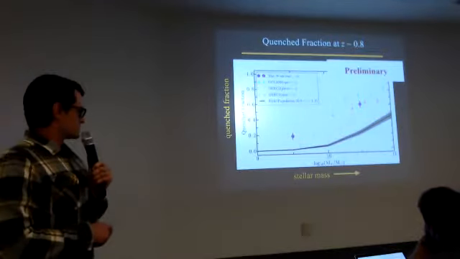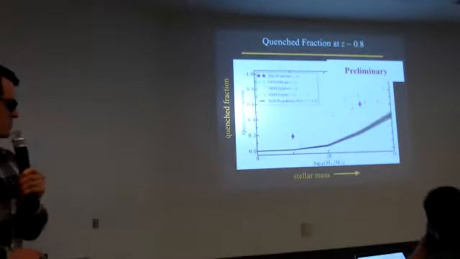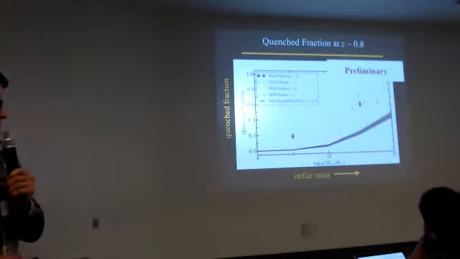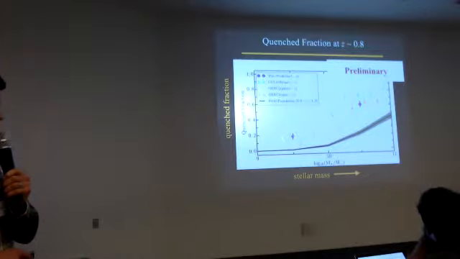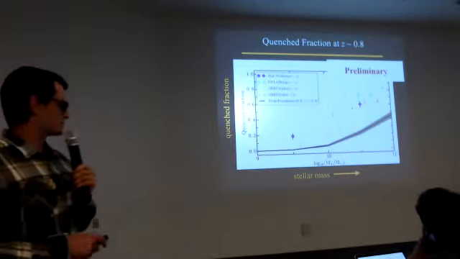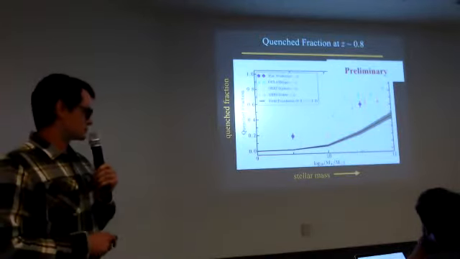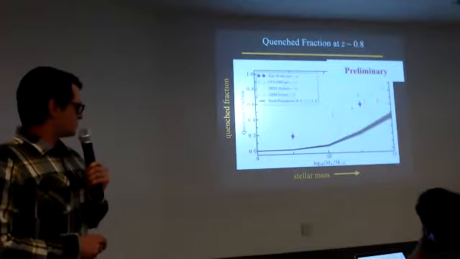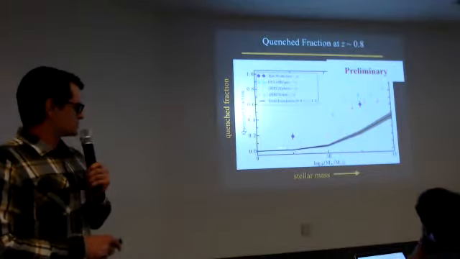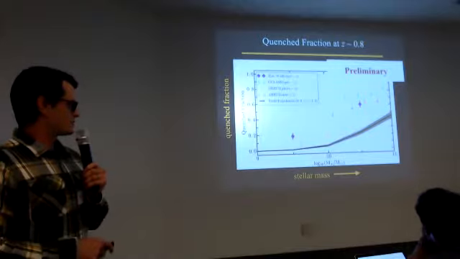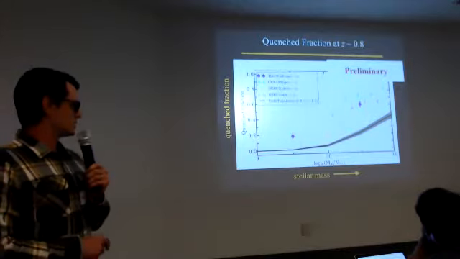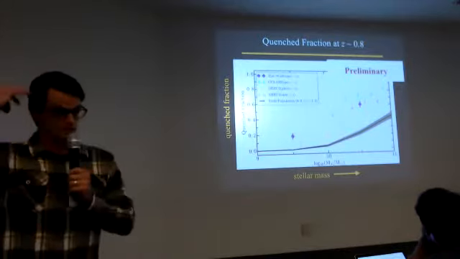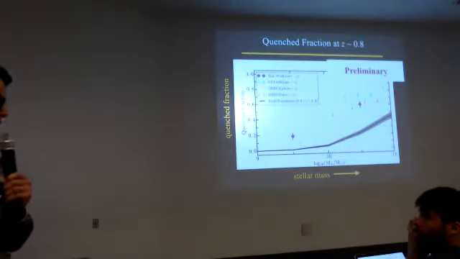And so another way to look at this is to bin it on stellar mass. Here's the quench fraction as a function of stellar mass. The preliminary points that I've pulled together are here in magenta. We can compare these to literature data. The cyan are from the GCLASS survey, and the yellow is from the GEEC2 survey. And the field quench population is right here in the black. The fact that we see this noticeable offset from the field population is, again, just evidence that environmental quenching is happening on these scales.